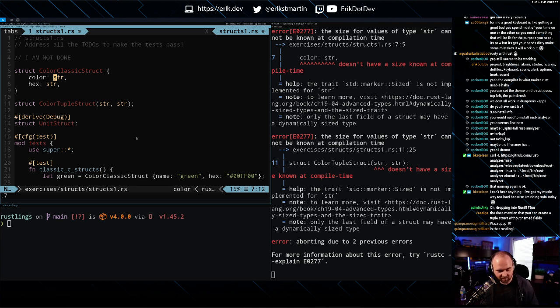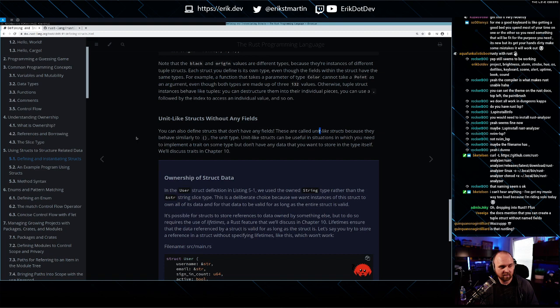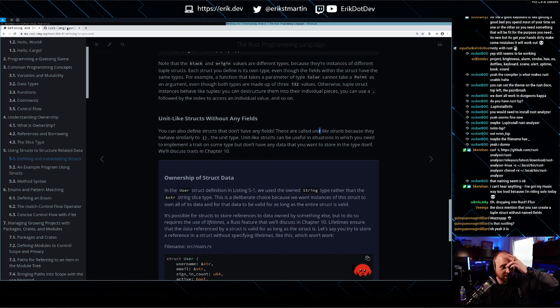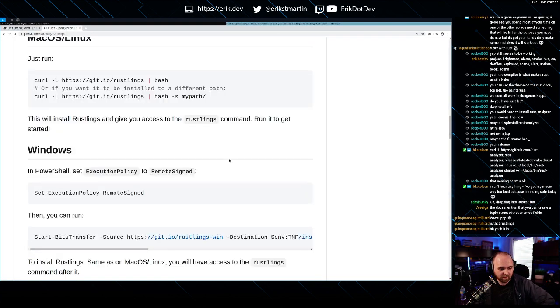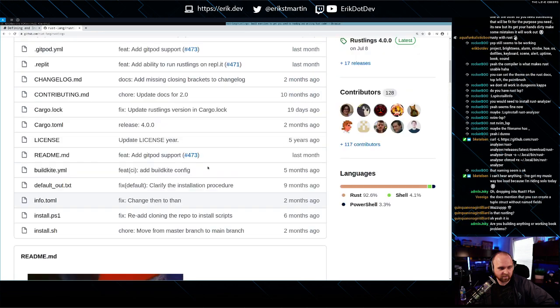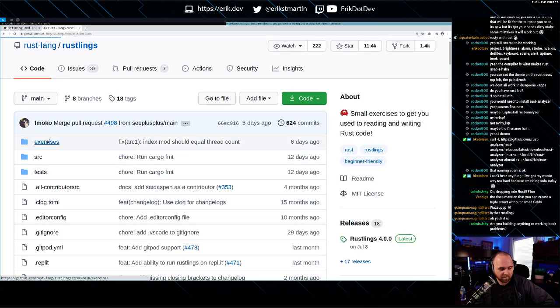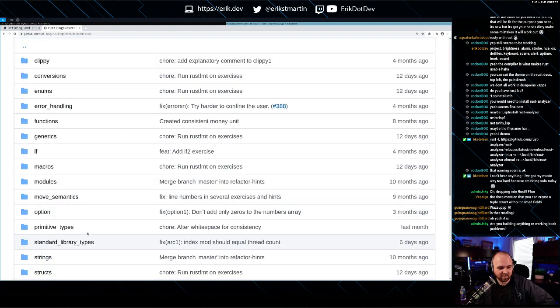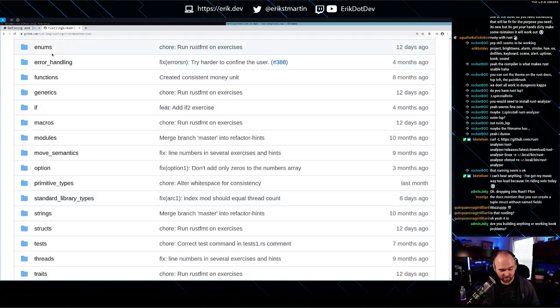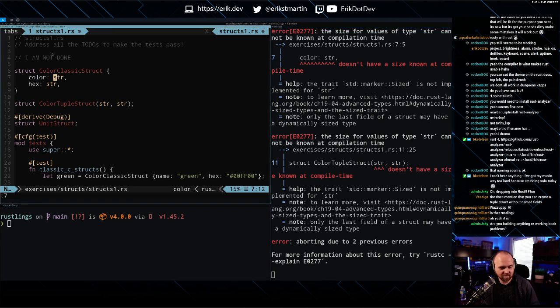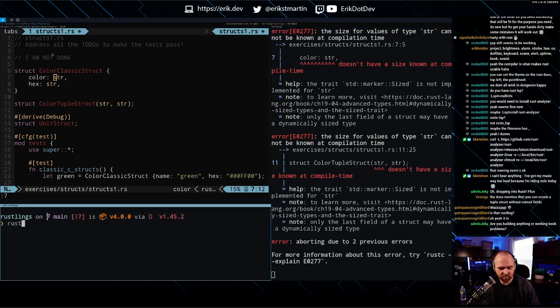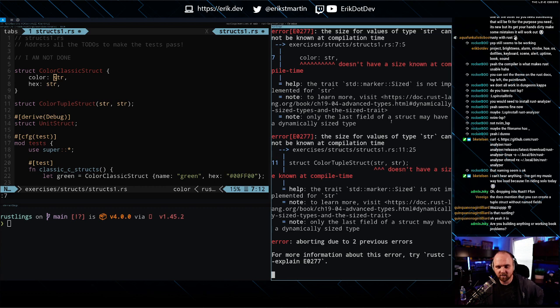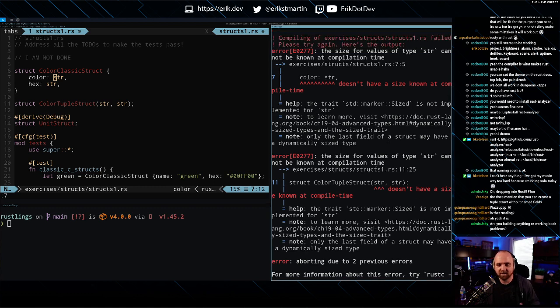So Rustlings is this cool project that you can download, and it's a series of exercises where the code already exists, but there's something broken with it. And so we run this command, Rustlings watch, which I have running over here, which basically just keeps running the compiler and failing on whatever the next broken thing is.